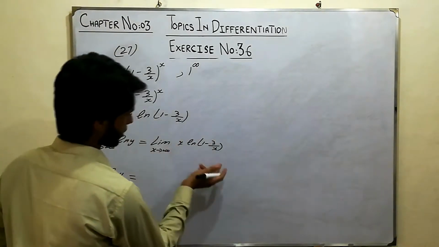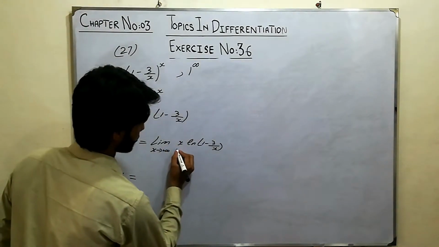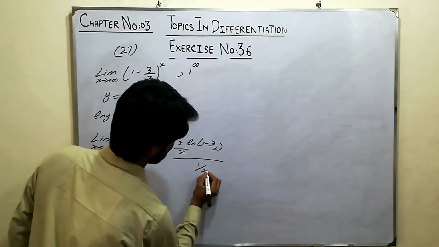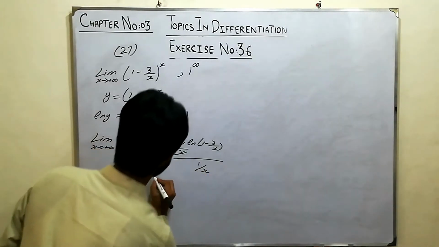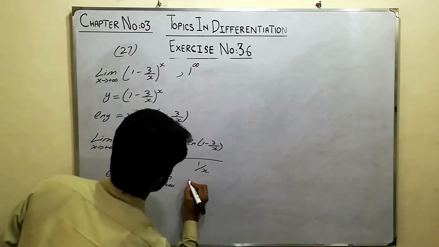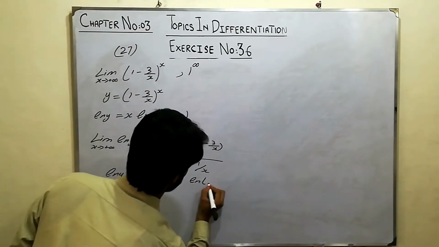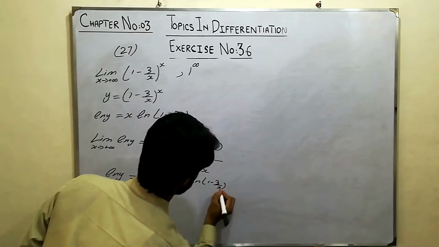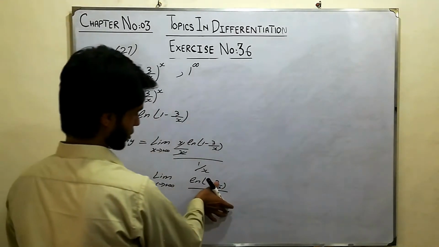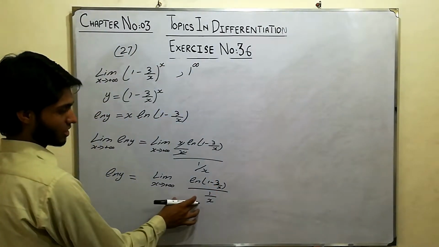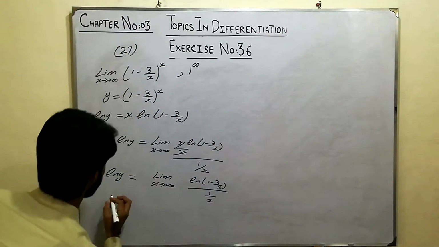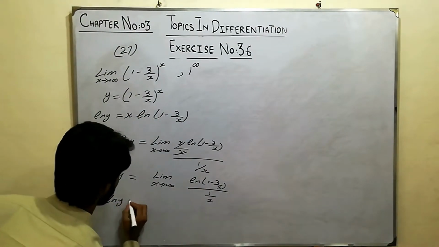For this step, multiply and divide by 1 by x, so we have limit x approaches infinity, ln 1 minus 3 by x divided by 1 by x. Now take the derivative of this, because if we put the limit into that function we have the form of infinity by infinity. If we take the derivative of this, we have ln y is equal to